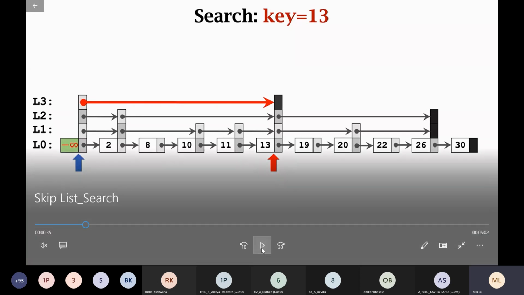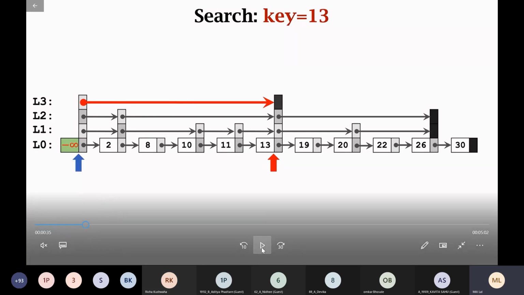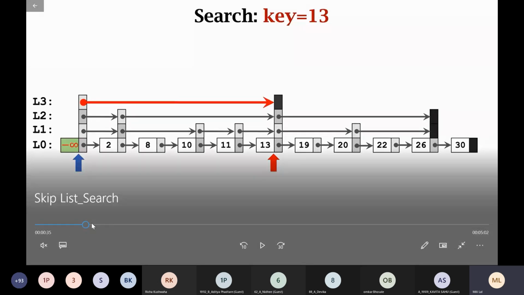Saw it? Yes, ma'am. Did you understand the search function? We had to find 13. In the topmost level, L3 is directly connected to key 13, so we have directly found the element. Now go to the next search.